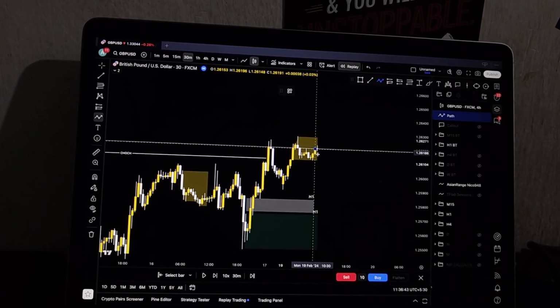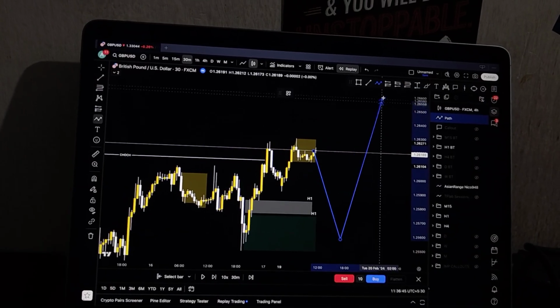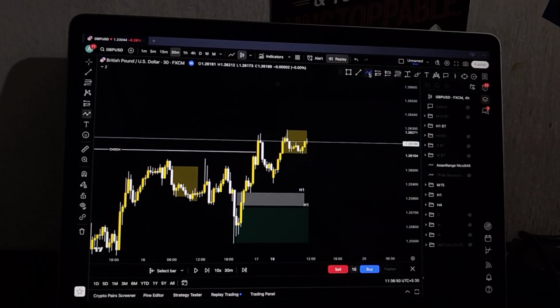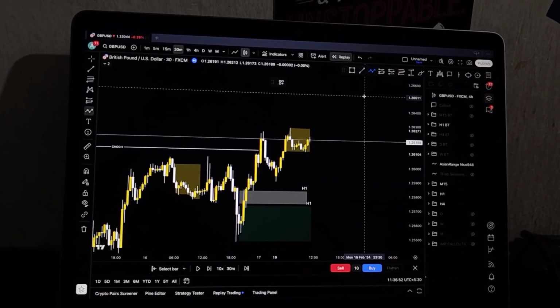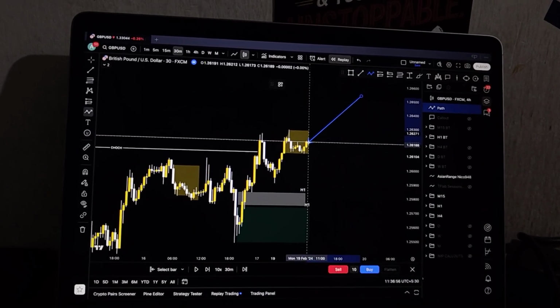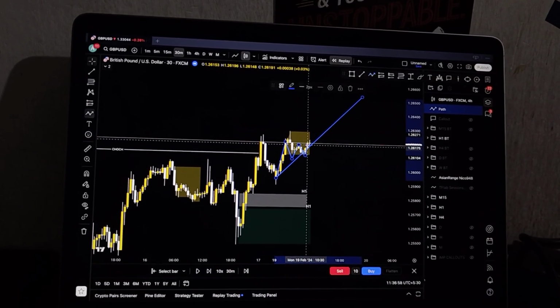So does it make sense for the market to go all the way down here and up here? Yep, it doesn't make sense, but the market can do it. The market can do anything. We don't control the market. The banks, the big banks, the hedge funds control the market, right? So according to how the Asian range closes, I refine my zones.